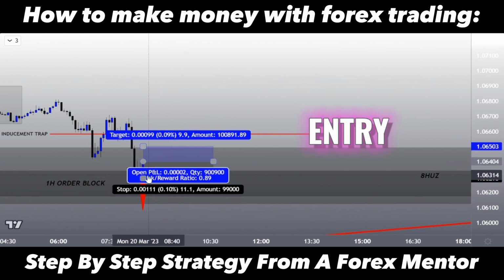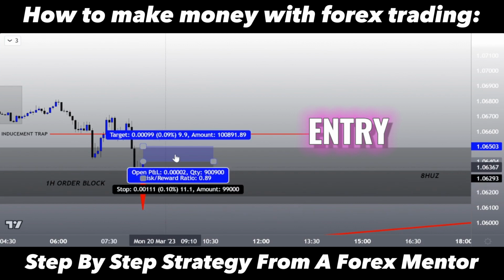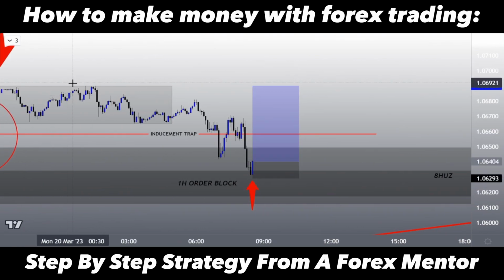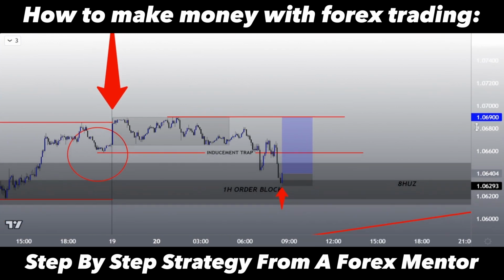would be the entry. Place the stop loss just a little lower than the actual swing low, just in case there's some sort of volatility. Right there, the first take profit is going to be the Asia high. Now, because the Asia high is quite close, I'm going to wait for the price to break this Asia high,